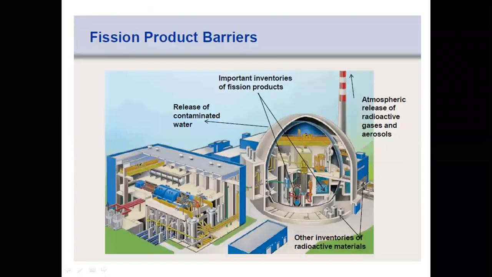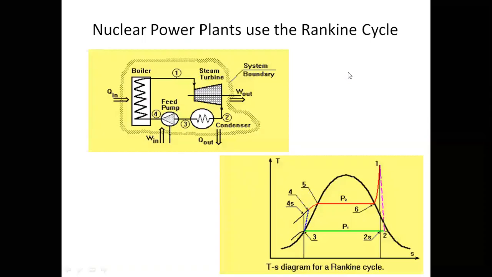The fission product barrier is already in the nuclear power plant itself. In the plant itself, on the inside, the radioactive material is contained, and it is a closed vessel. Whenever the radioactive particle enters the atmospheric air, it completely pollutes the environment.